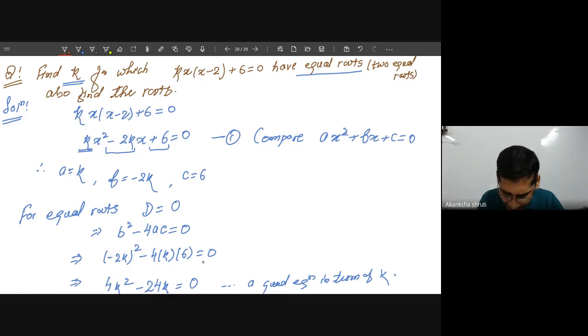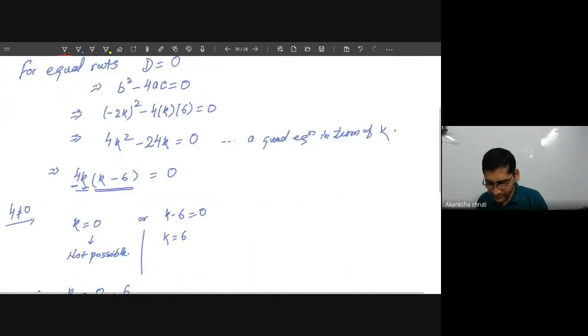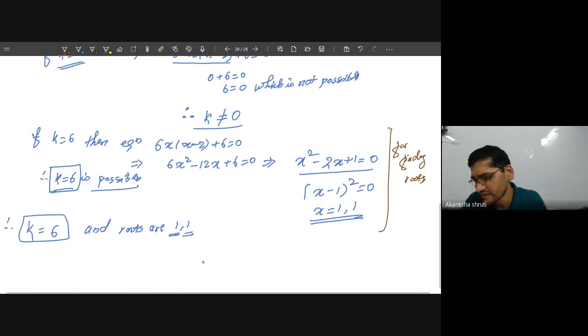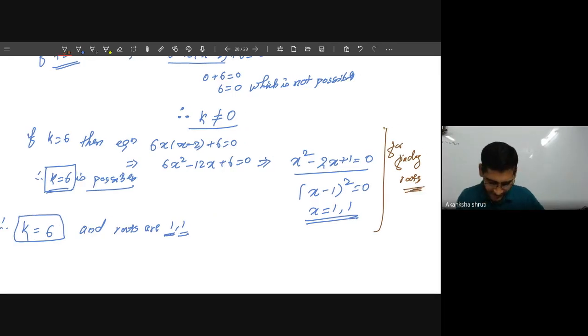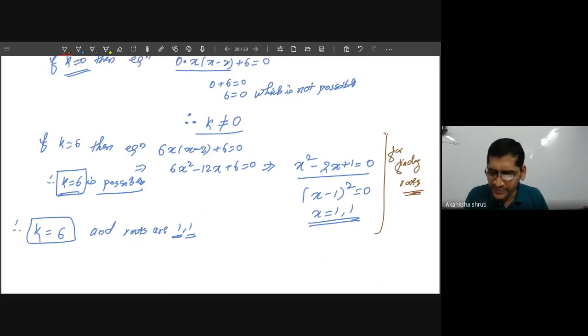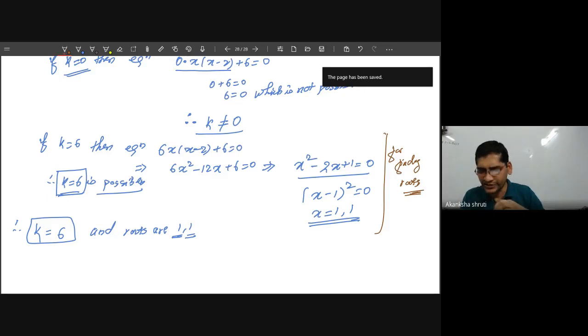If it is asked to find the roots, whatever steps we have done to calculate the value of x, exclusively from here, for the k it was this one. It was for finding the roots. So this step is for that one. So this was the question. Questions are very easy. You have to just develop your concepts and you have to develop your confidence. Otherwise all these questions are very easy.